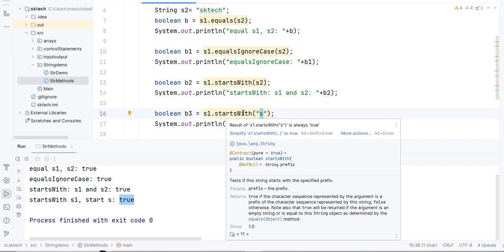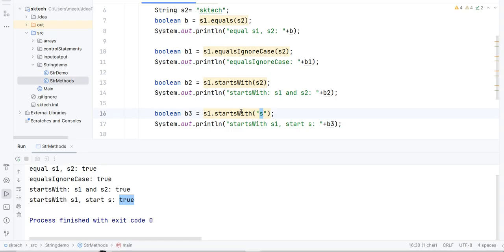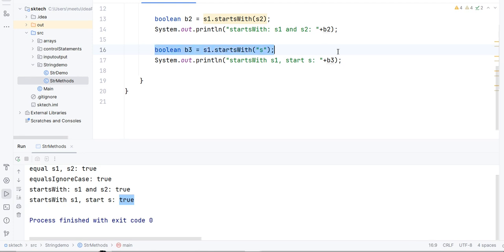Next to the startsWith method, there is another method called endsWith. That is going to check whether the string ends with the specified string or not. For example, let's say the value of the string s1 is sktake. So let's check whether this string ends with h or not. How can we do that?